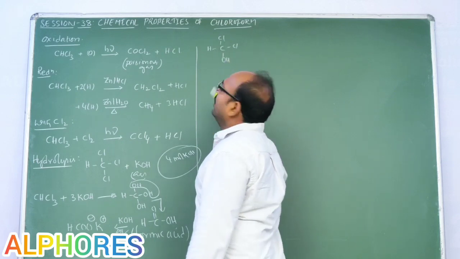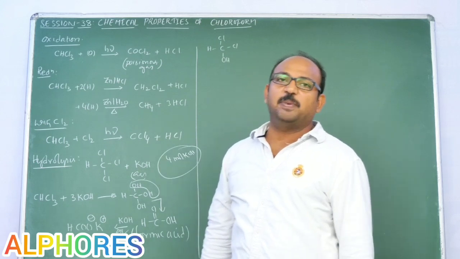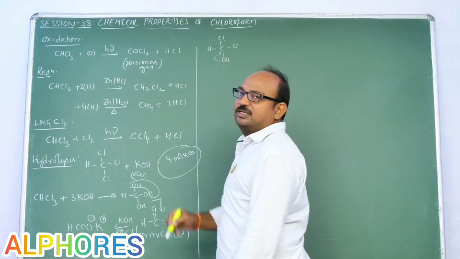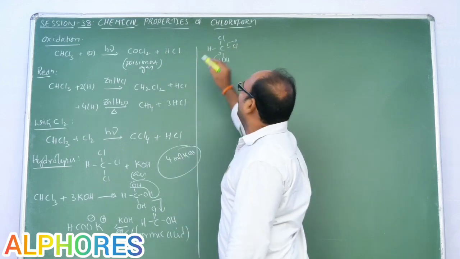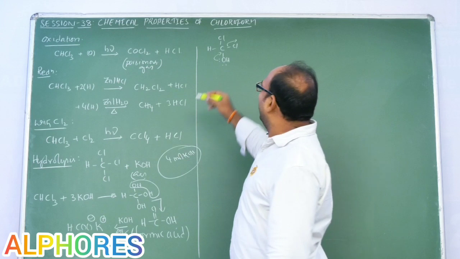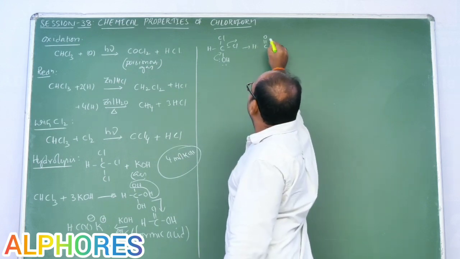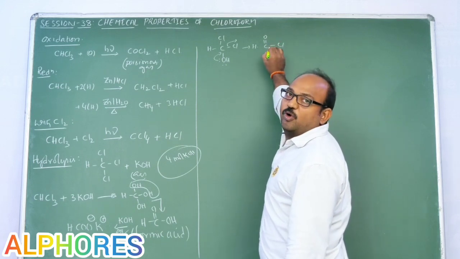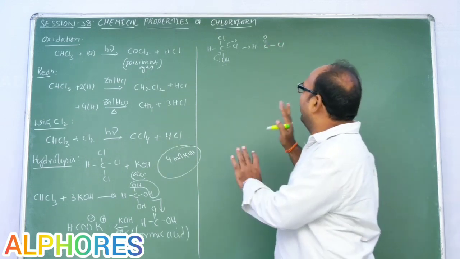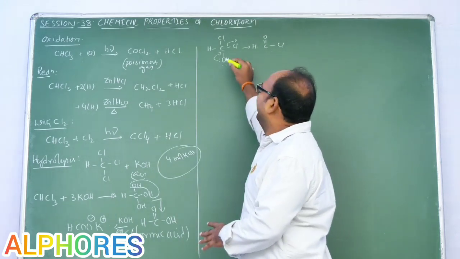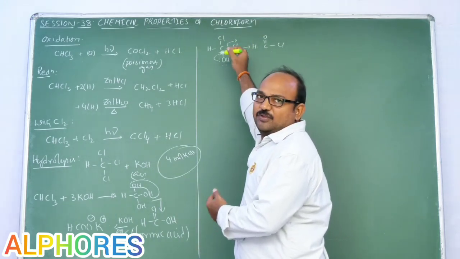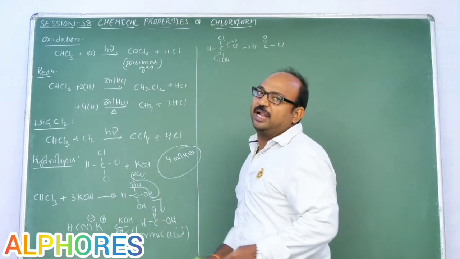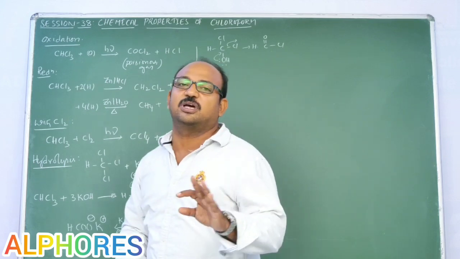Initially 1 Cl minus is replaced by OH, and later this oxide is going to provide electrons, and as we know Cl is a good leaving group, it will leave, and we get HCl. Later this Cl is again replaced by OH minus. So overall, you may learn the mechanism either by displacement of 1 Cl minus with 1 OH, later HCl removal like that, or like this. Ultimately you are utilizing 3 moles of KOH.